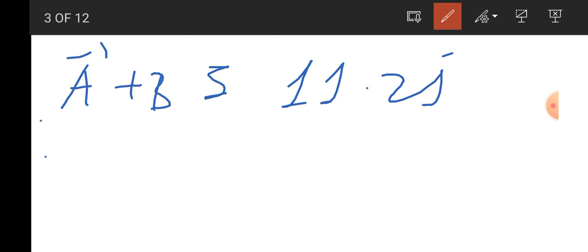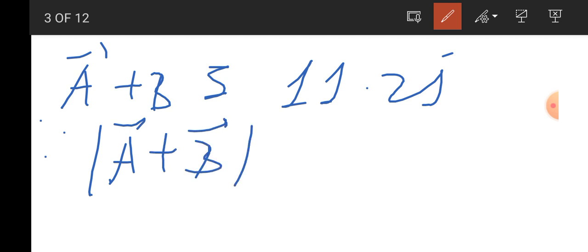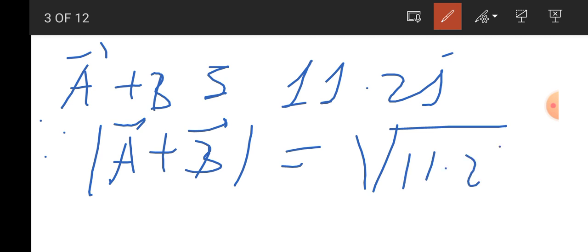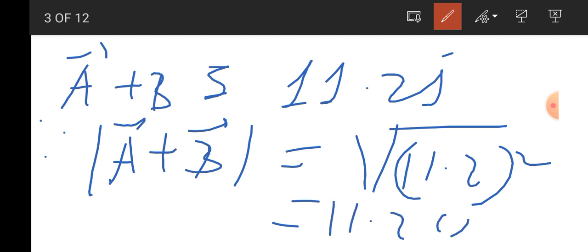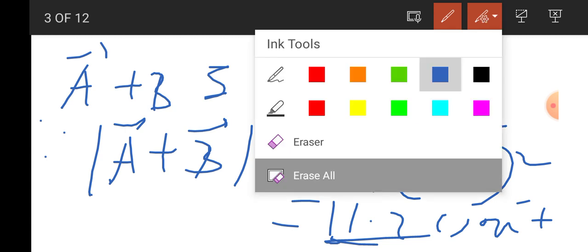Therefore the magnitude of vector A plus vector B is equal to the square root of 11.2 squared. So this is equal to 11.2 units. This is the magnitude of vector A plus vector B. And the direction of these two vectors is along